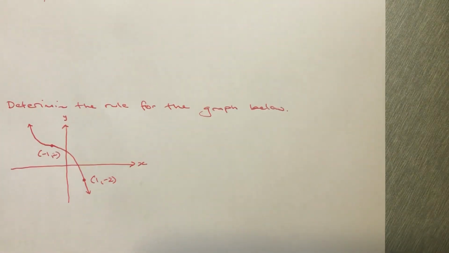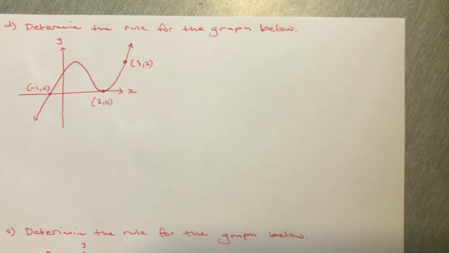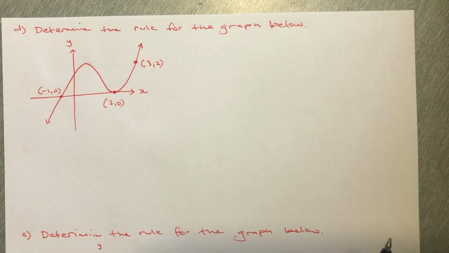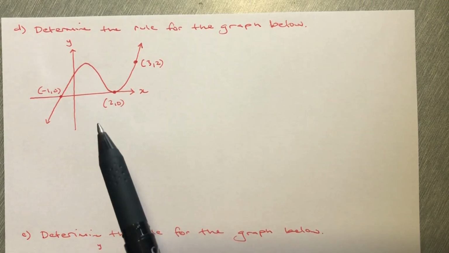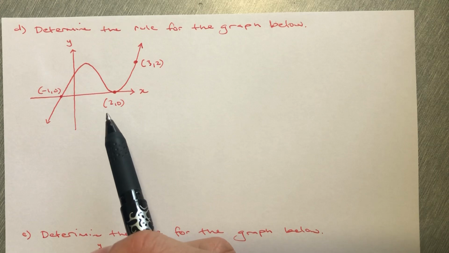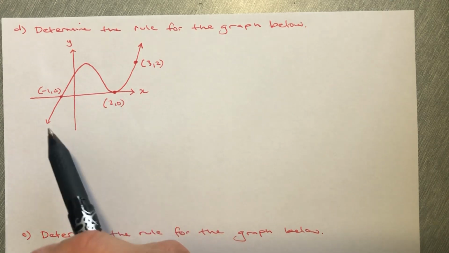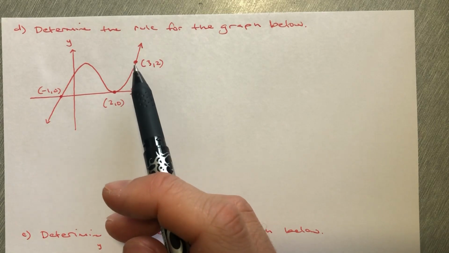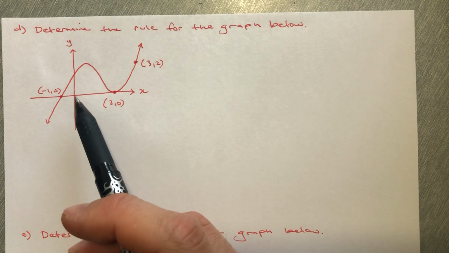If we go over here, I've got a couple of questions where you're not being given the information from a sentence, you're being given the information as part of a graph. So, determine the rule for the graph below. The thing is, this time, we weren't given that rule. So we have to look at the graph and kind of work out what rule is going to help us best. So I can see that this is a cubic graph,